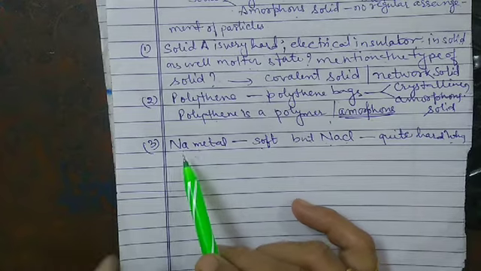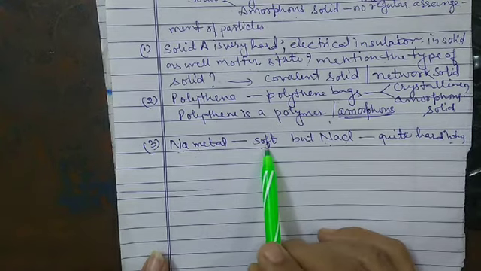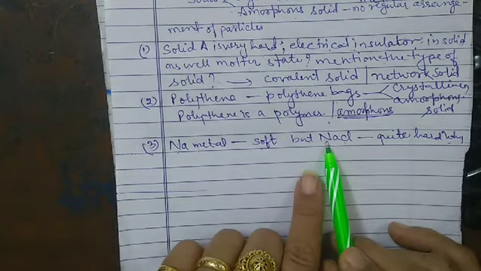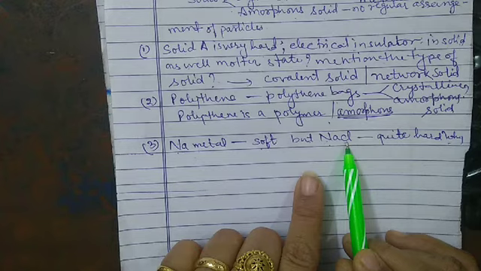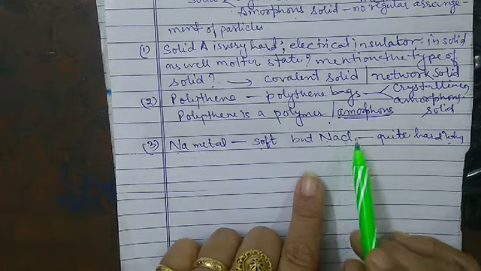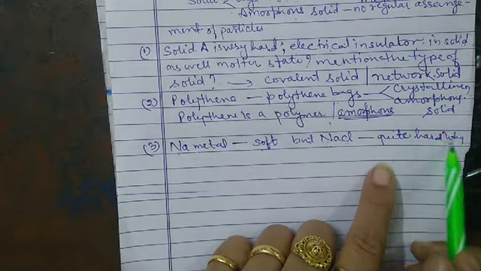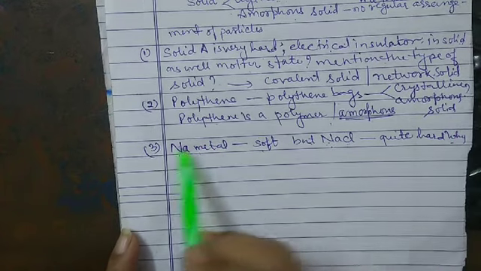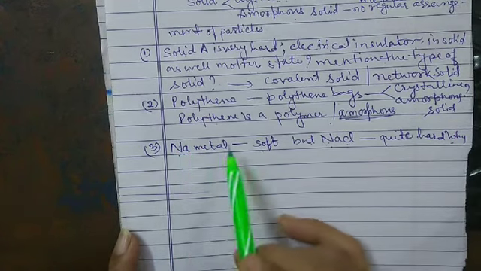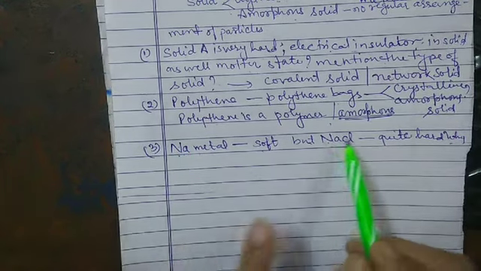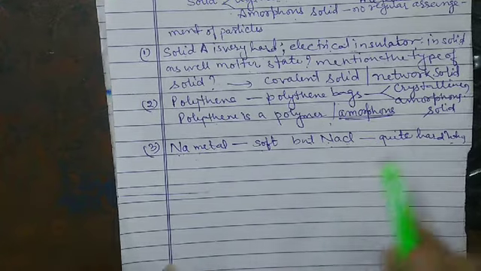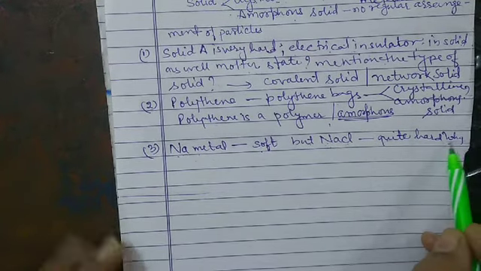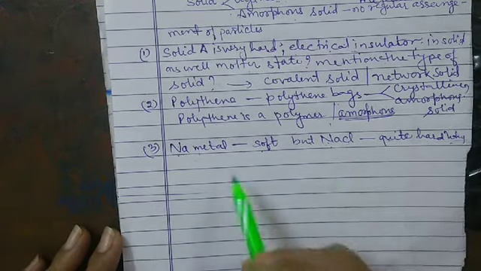So the question is, sodium metal is very soft, but when sodium metal combines with Cl, it forms sodium chloride and it becomes hard. So what is the reason behind it? Here you have to mention the reason, because this thing we know very well. Sodium is the softest metal, it is very soft. NaCl is very hard. But here we have to give the reason.